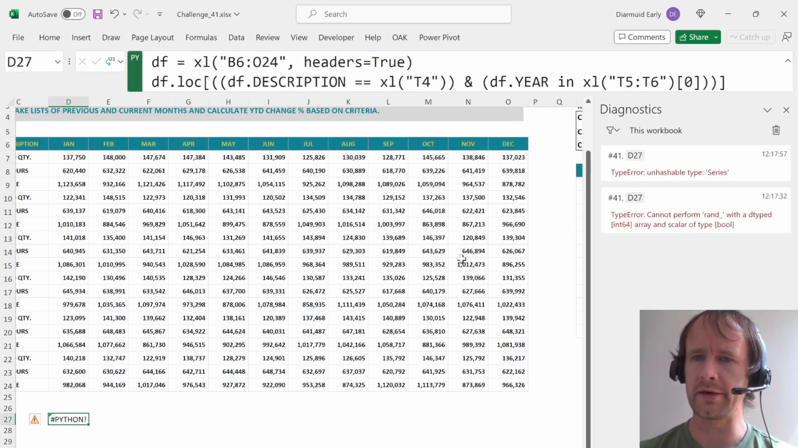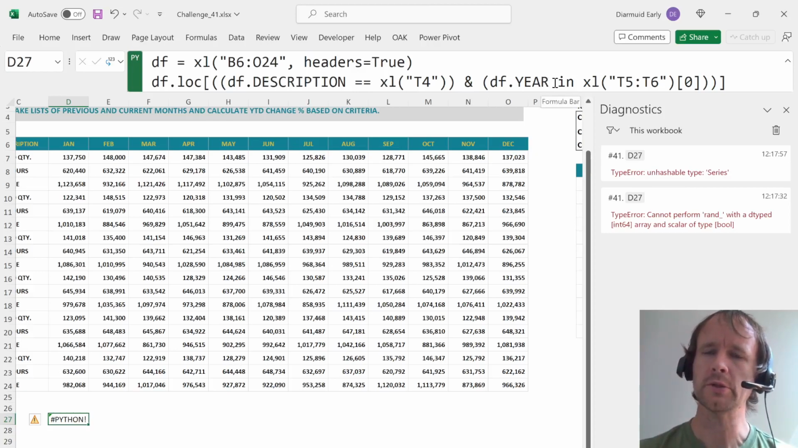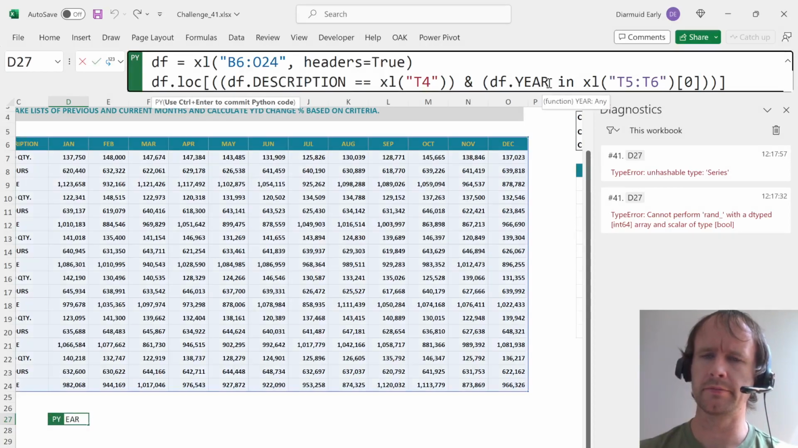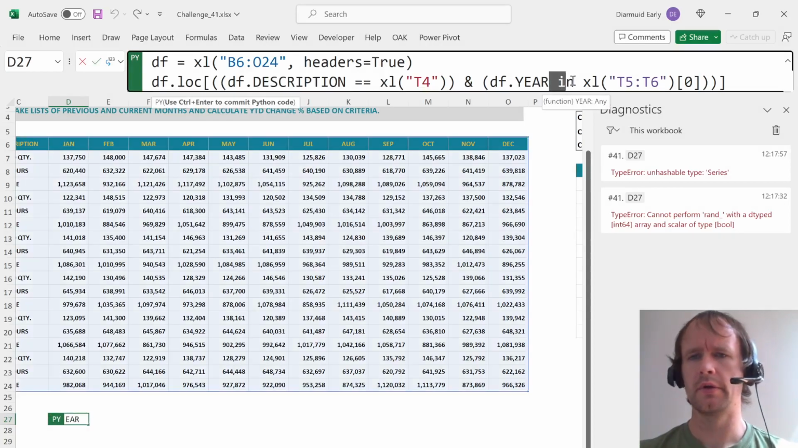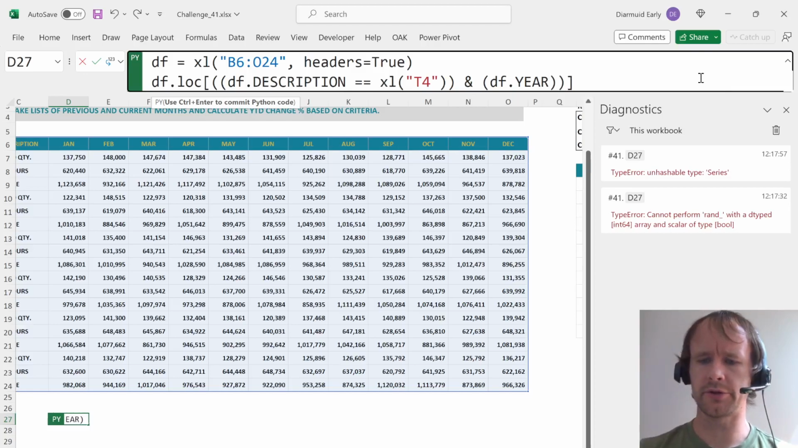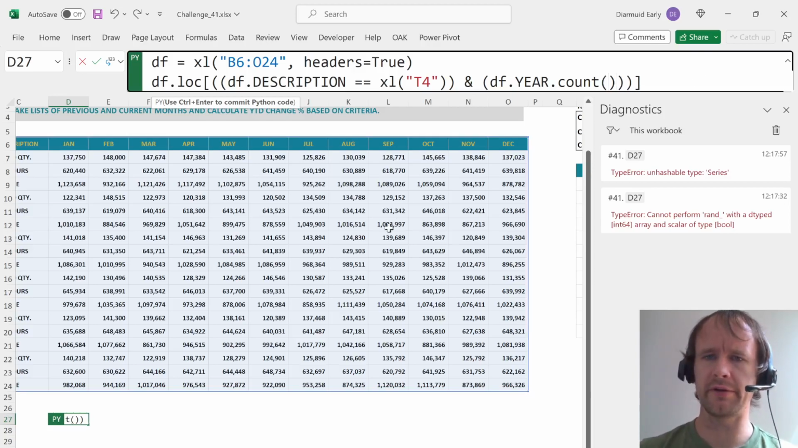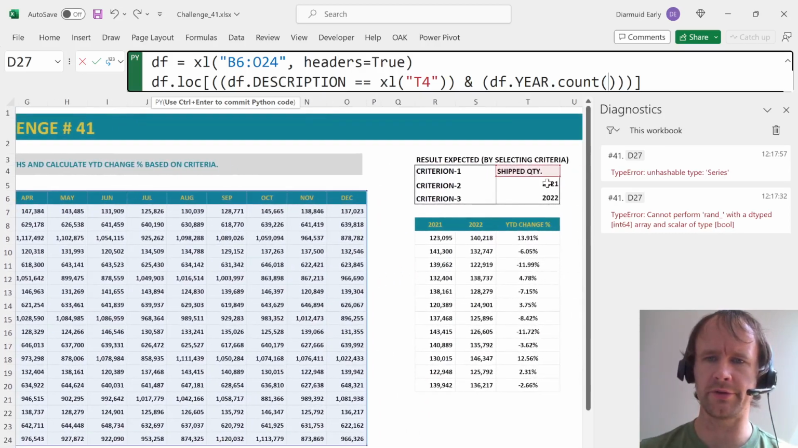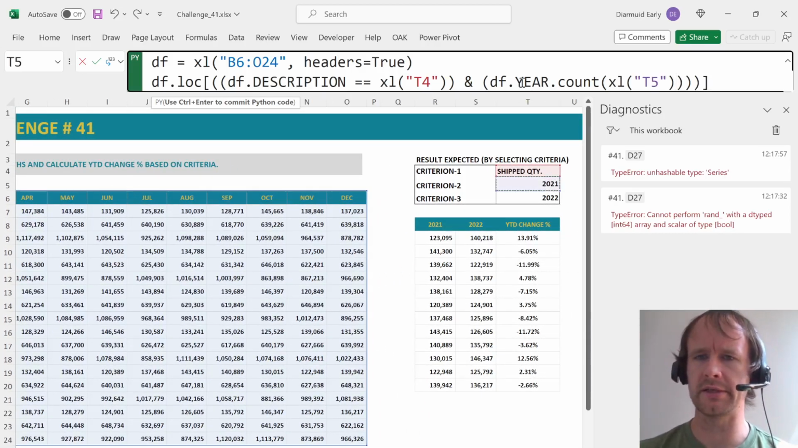No, still didn't like that. Unhashable type. I do not know what that means. So I'm going to try something else. I'll Google if I need to, but let's just try this. I found out yesterday, I think, that the equivalent to a countif in Python is just .count. So I'm going to try and say that is greater than 0,